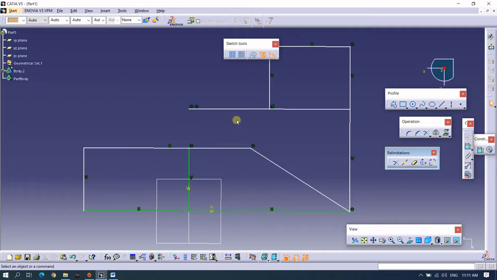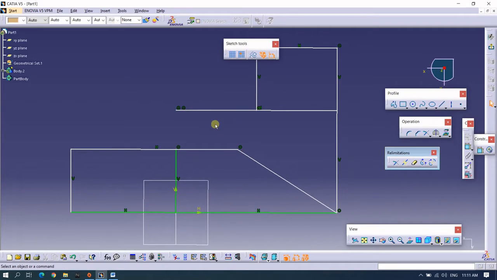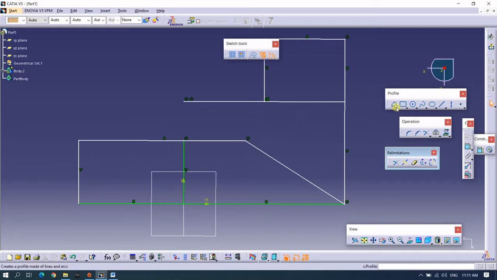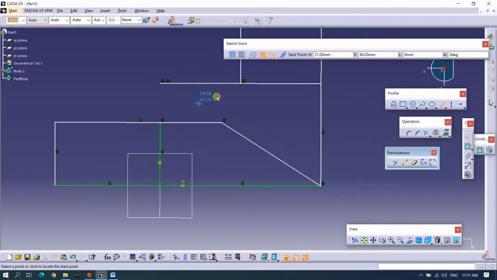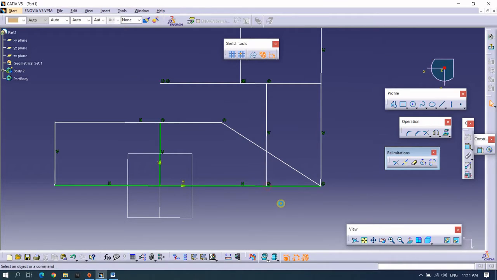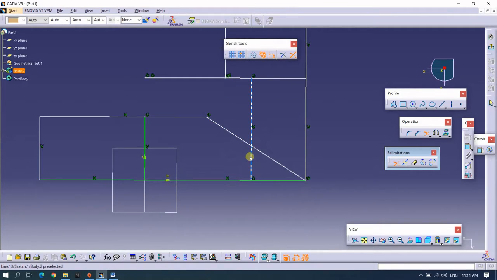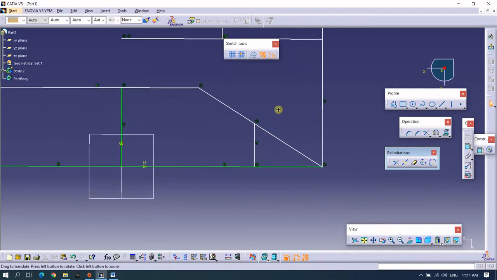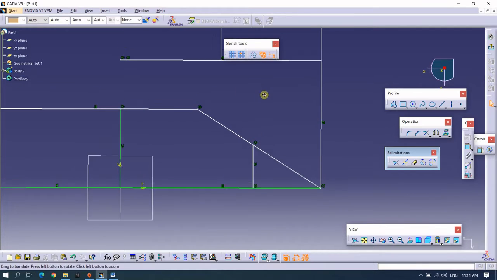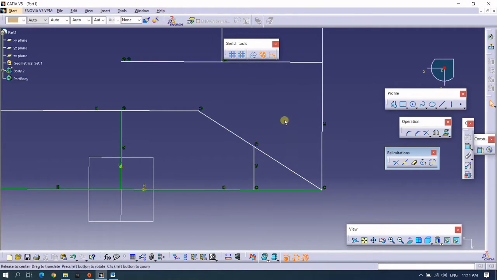Only the first line has got trimmed. But yes, actually the result would be the same with the first tool also, because this line did not extend any further. So I will take one new line which will pass through the diagonal line, and it will be vertical. Yes. Now let's again do this same operation, trim first element. So I will select the vertical line as my first element and the diagonal line as my second element. You can see only the first element got trimmed and the diagonal element remained as it is.